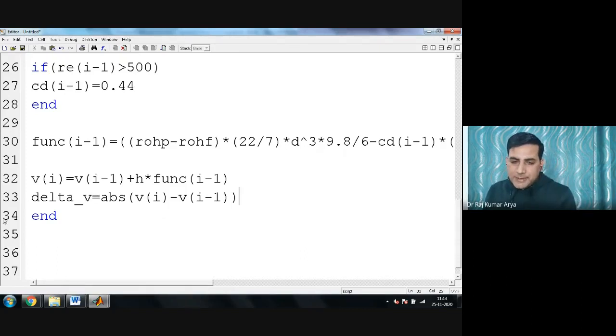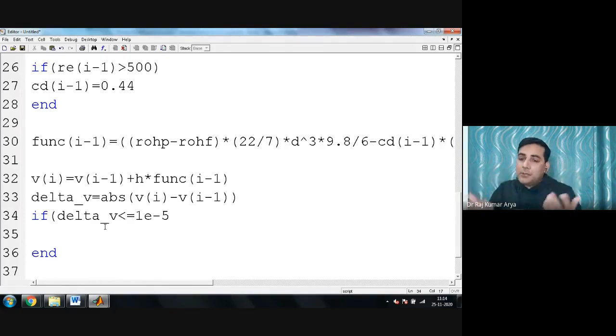So once I did this difference, now I will put here an if command. If my delta V is, let's say, less than or equal to, now I can put in a tolerance here, 10 to the power, let's say, minus 5, minus 6, choice is yours.